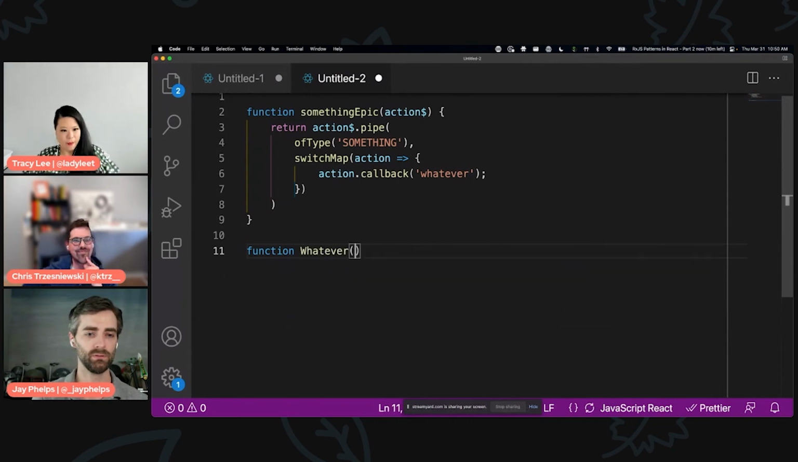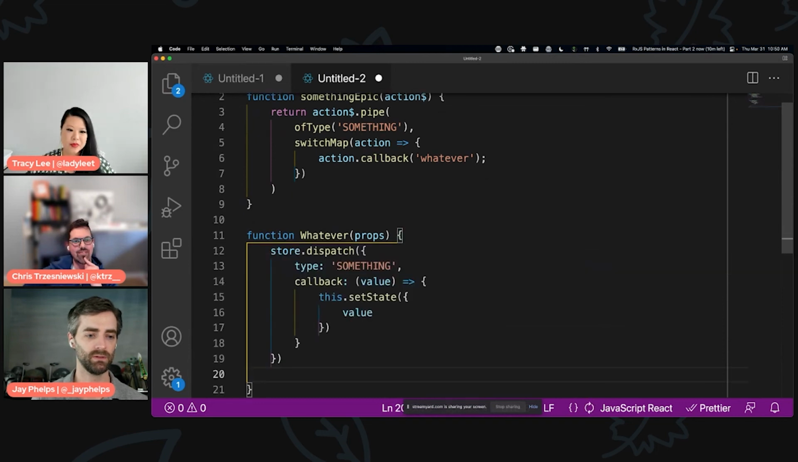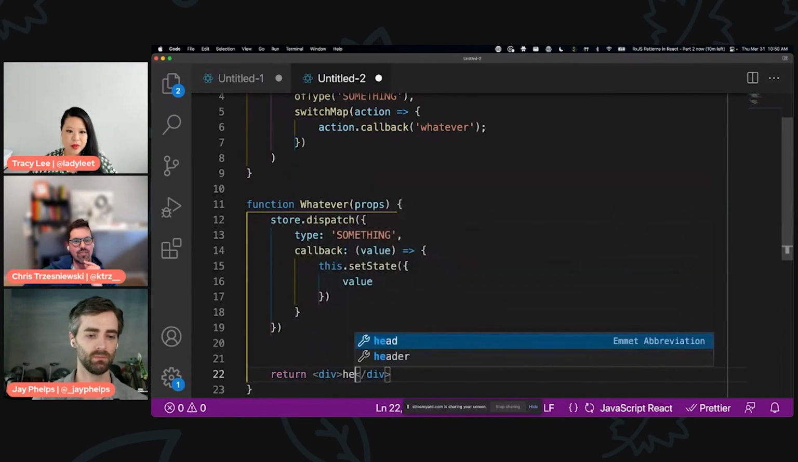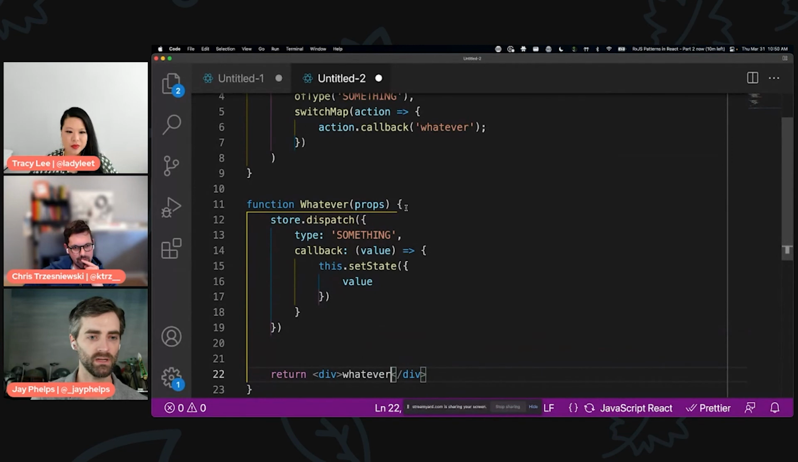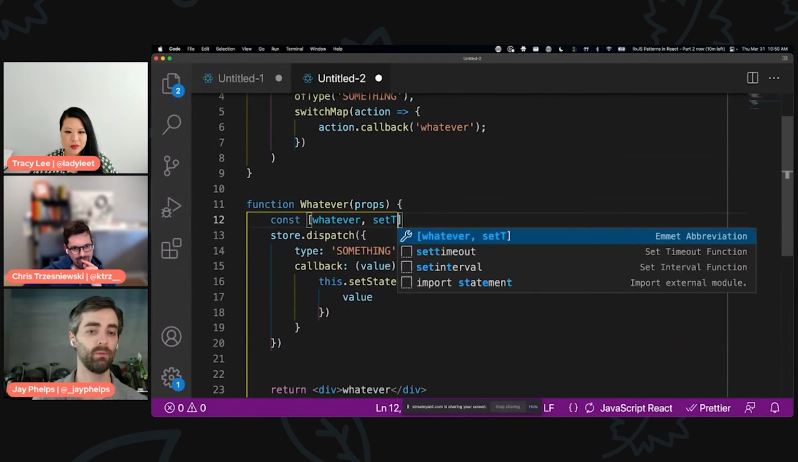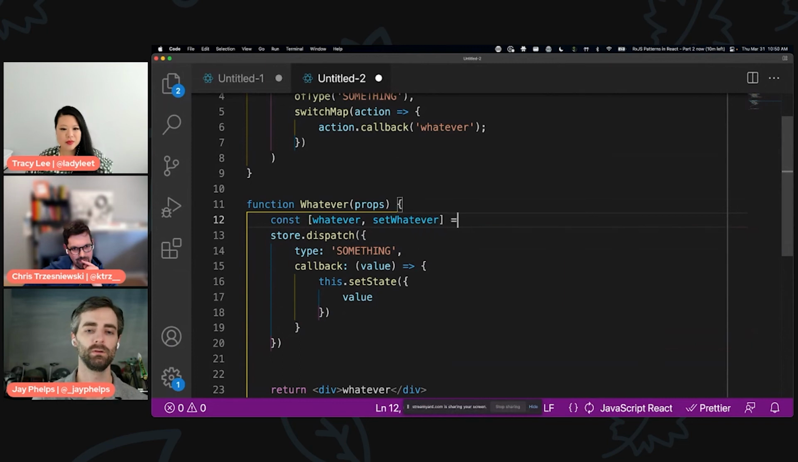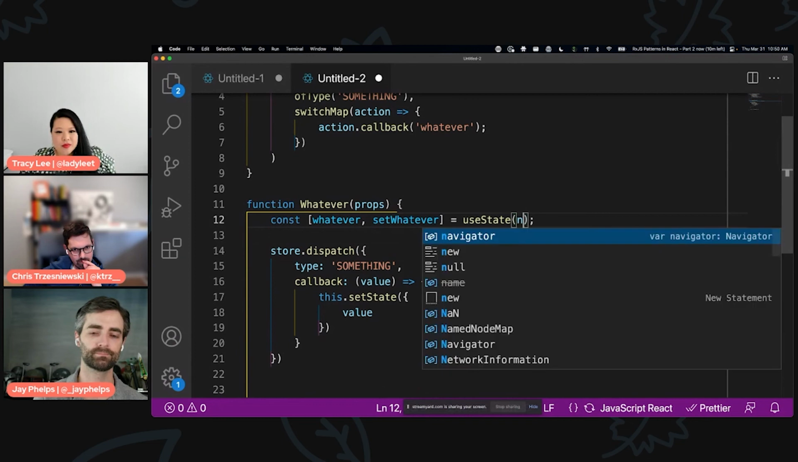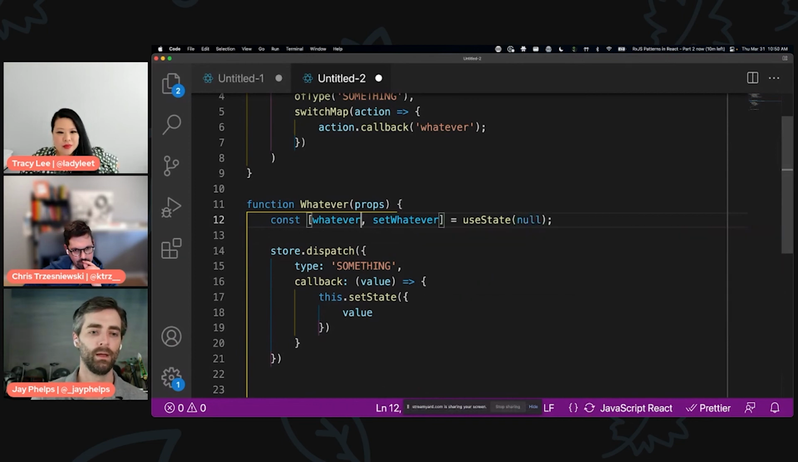It's probably too abstract for folks to really grok it. So I'm just going to make some additional pseudocode. So let's say, whatever, and then set whatever, use state. So if you start saying set whatever,